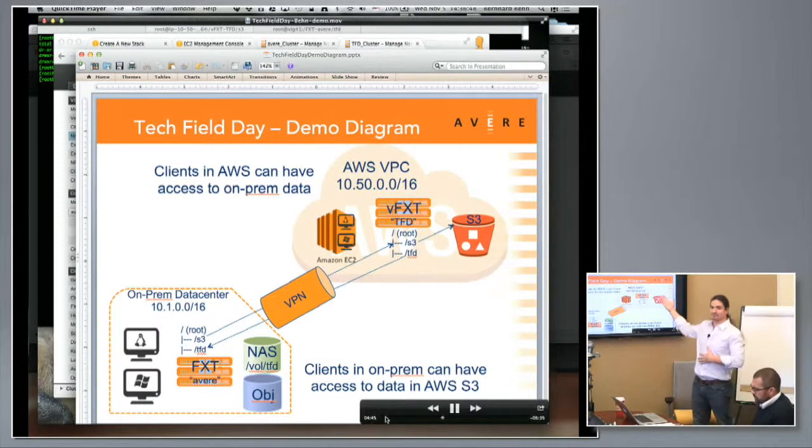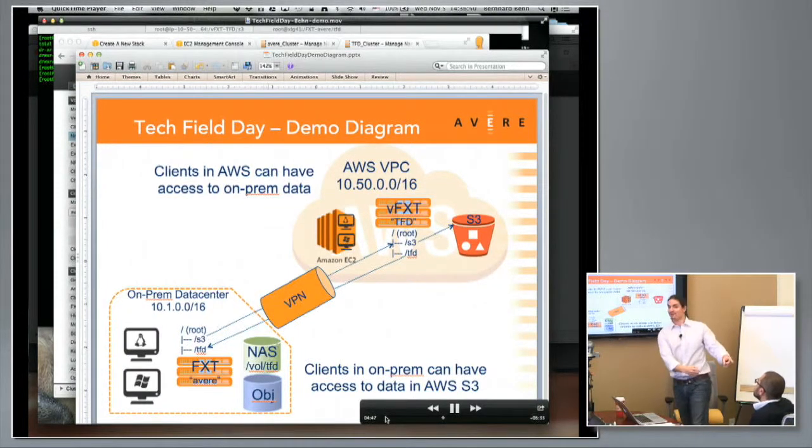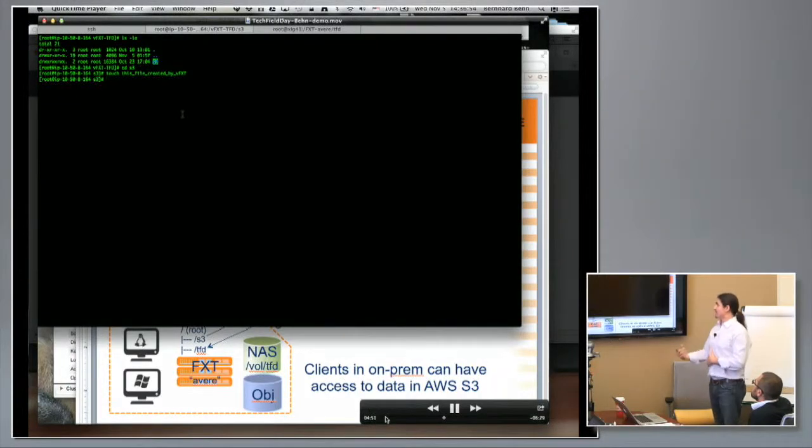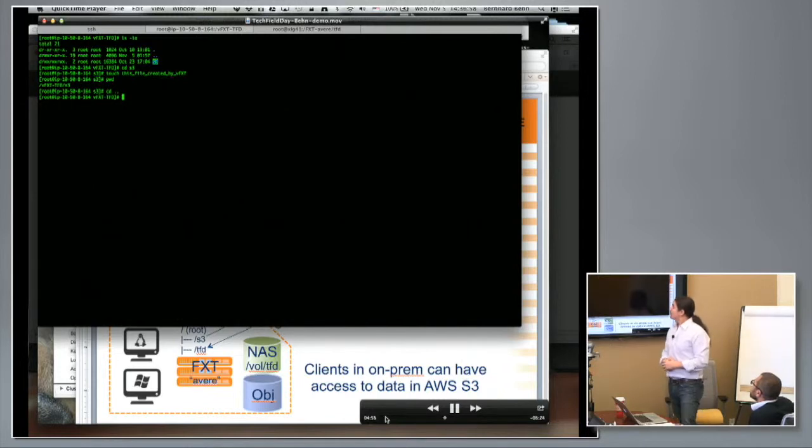I'm going to add some text to it, and then I'm going to go back to my on-prem client, and I'm going to read through my on-prem vFXT to go ahead and read that data back, and then add some data to it, and rinse, wash, and repeat. So here, we're now on our